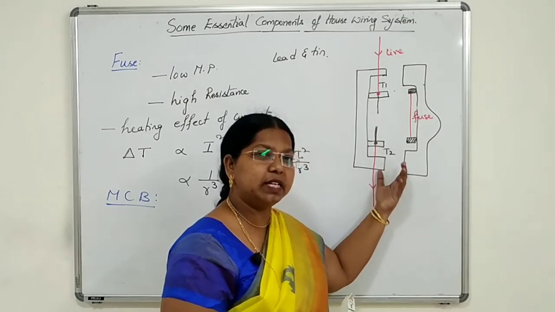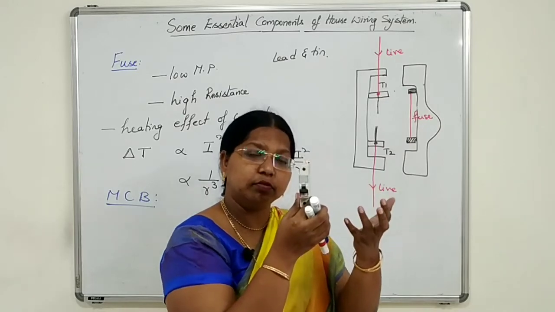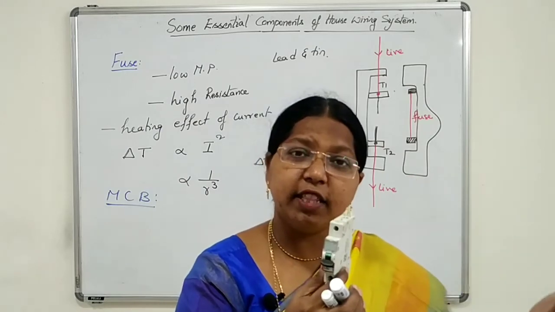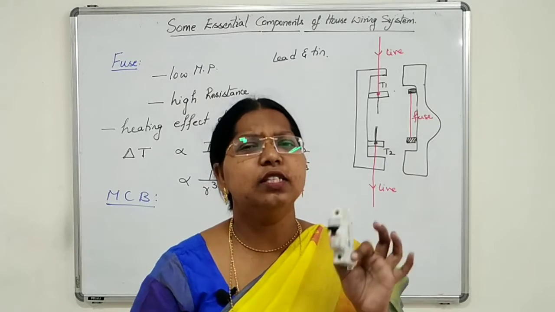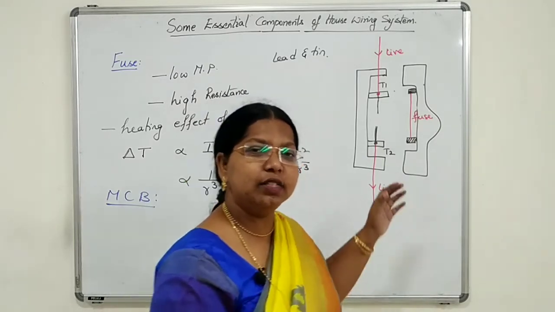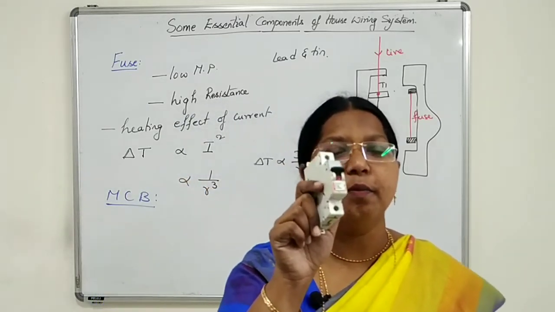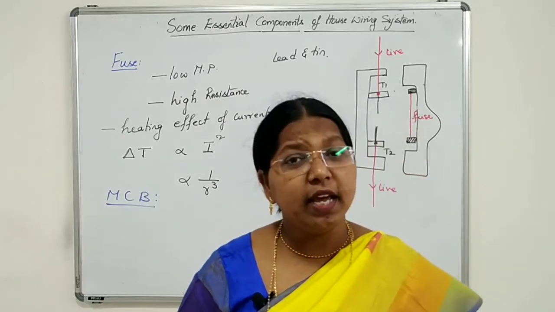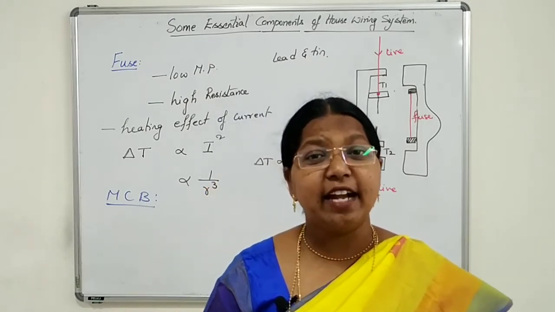Earlier, from time to time we had to replace the wire. But here, it automatically switches off, trips down within 25 milliseconds. After rectifying the fault, we will switch it on. Clear, students? So this is much safer because it works very fast compared to the fuse. So now we are using these miniature circuit breakers. Clear? MCB. Even the appliances are connected with individual fuses called cartridge fuses.